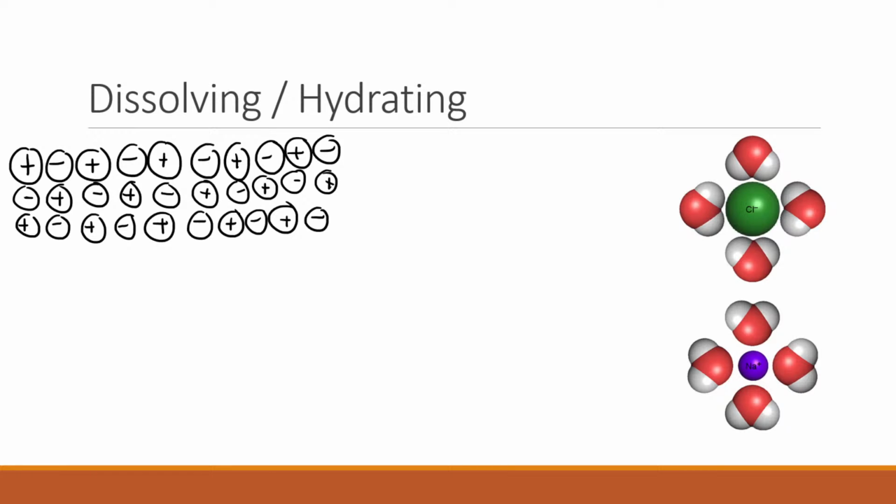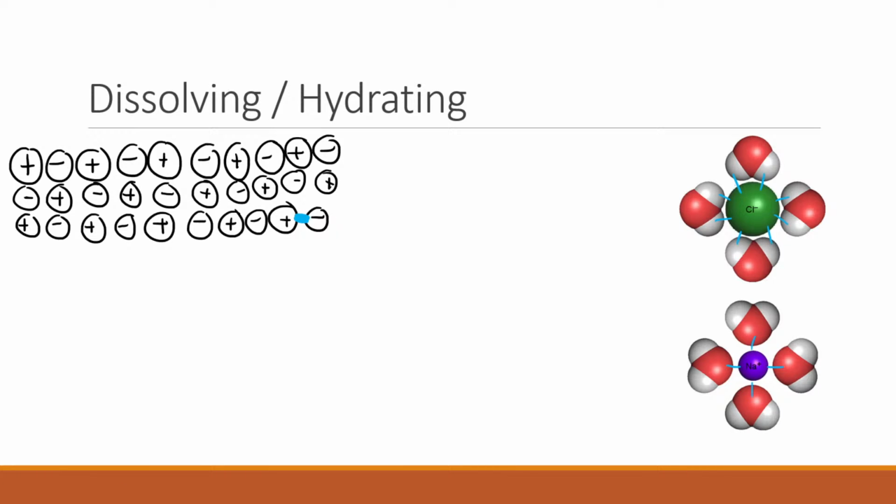When we looked at ionic compounds dissolving the other day, we talked about the attraction between the positive and the negative ions in the compound, and also the attraction between the polar water and those ions. And we said an ionic substance will only dissolve if water is strong enough to pull apart the ions. If these attractions are stronger than this attraction. Now,